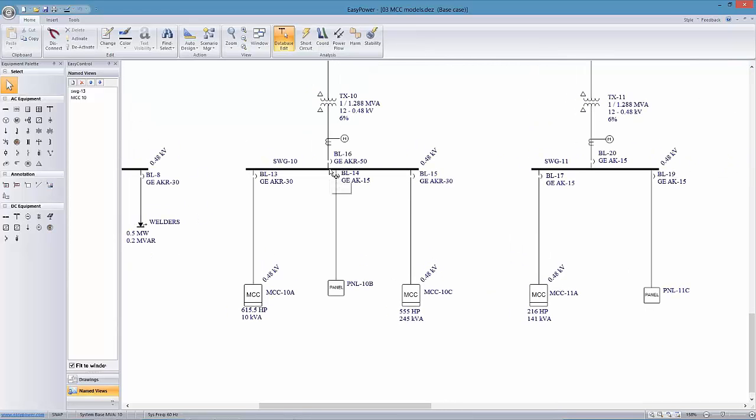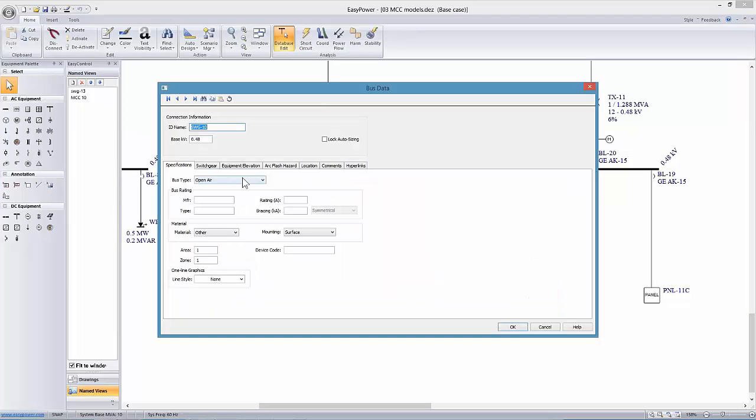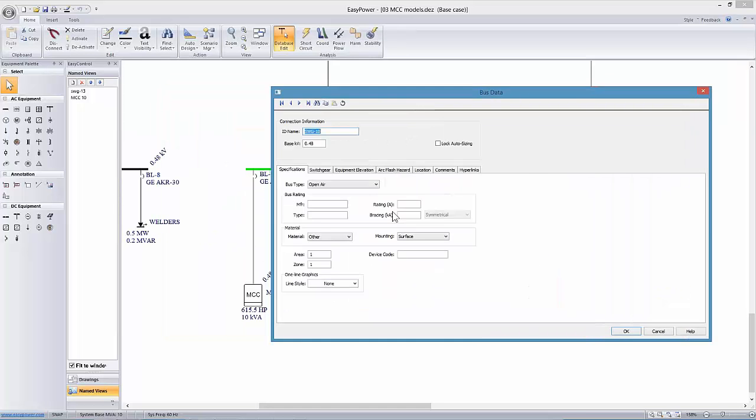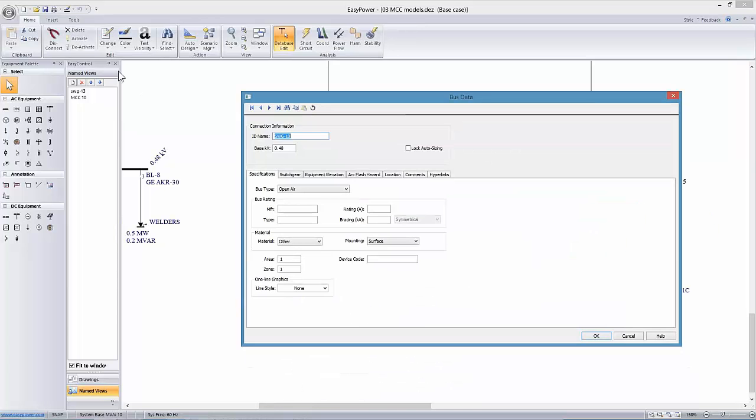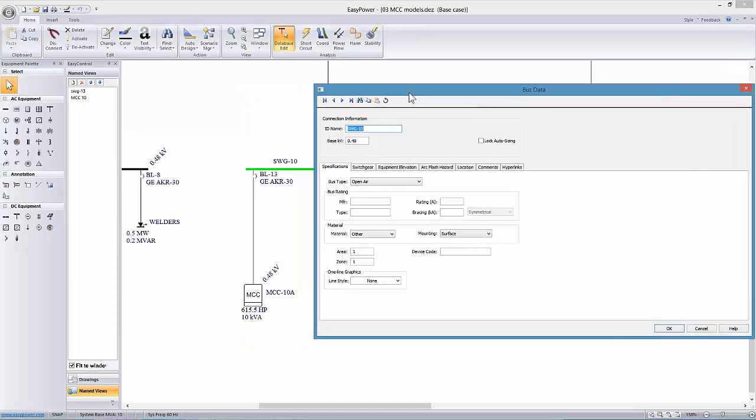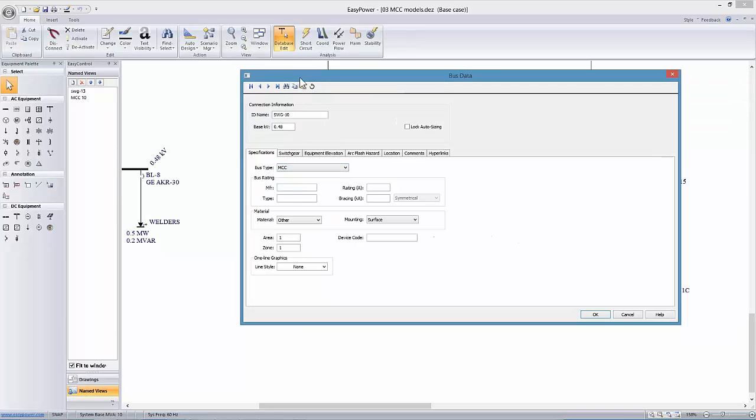So this bus originally was set up as an open air bus. By default, when I drew a bus on my one line, my default setting for the designation is open air. Well, that confers a certain connotation and specifics in terms of the air gap that's utilized during calculations. So let's say in this particular case I want to consider this an MCC, and to do that it's important